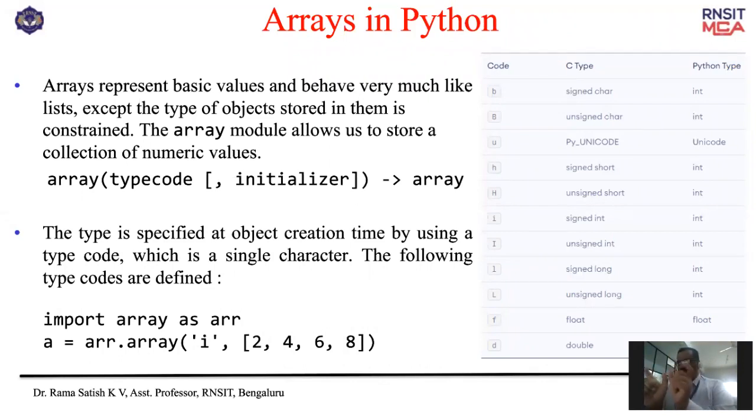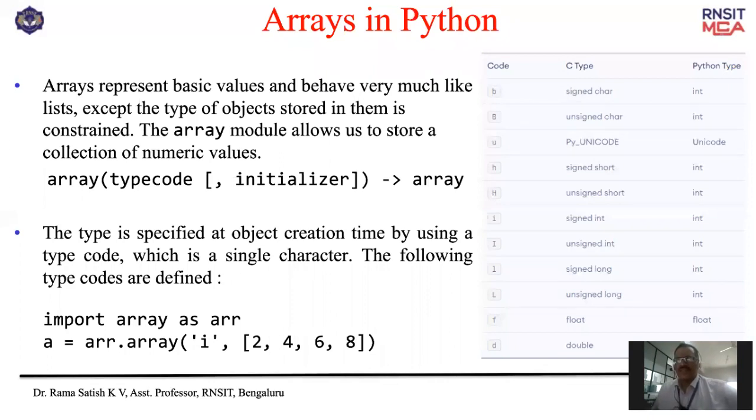So array of 0, array of 1, array of 2, array of 3, array of 4, array of 5, one after the other. The next cells are allocated. Whereas a list is a container, a collection of various data items, that's all.